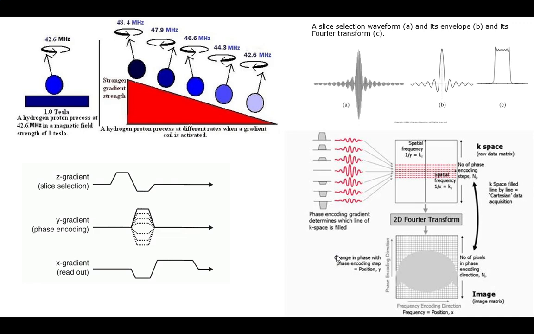But anyway, the top one I actually really like, right? Imagine you had a fixed one, right? You get a base frequency, and you could say 42.6 or whatever. And then imagine this was a wedge that sat on top of that. Now, in reality, it's plus or minus from the field, centered on it. But for simplicity, this is good enough. So you can see the base one, and as it goes up, you see the Larmor frequency spinning faster and faster. And so you can imagine if I give an RF pulse that's tuned for 46.6 megahertz,